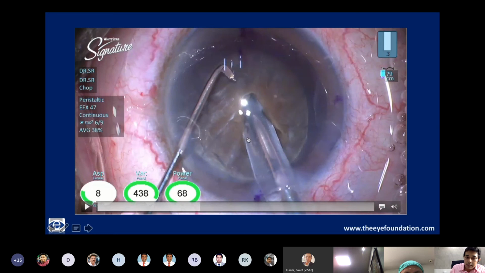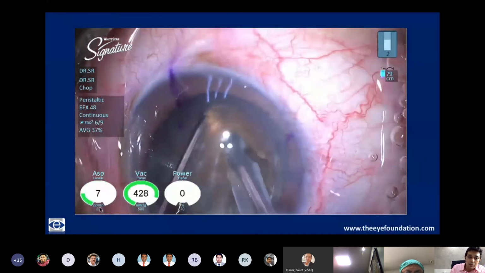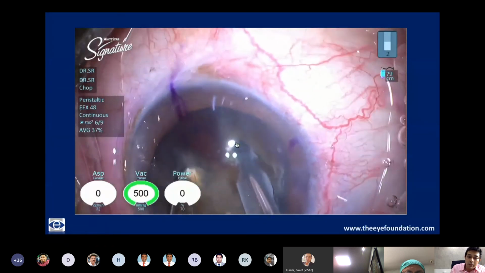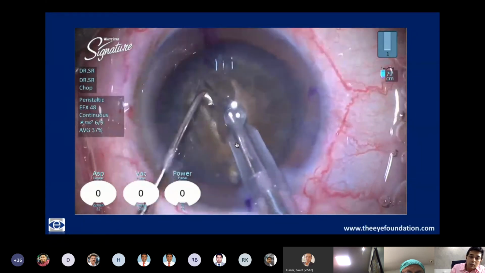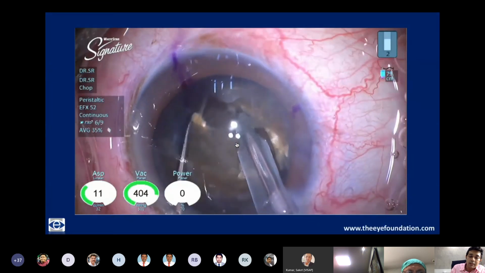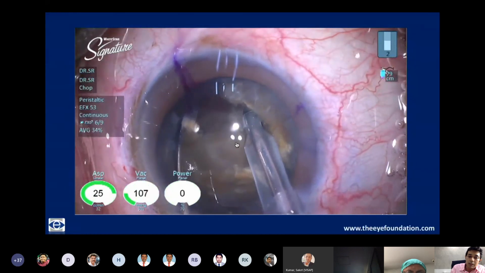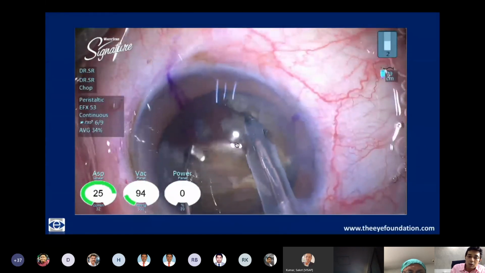So now, after making a central deep crater, I am going into a full occlusion and going ahead with my direct chop. As you can see here, I'm proceeding towards the edge of the nucleus with a full occlusion at around 500, 550 vacuum, and then dividing the piece all the way across, right up to the center, cracking the spine. If it is only midway through, you may not want to stretch the nucleus too hard in these cases. So you rotate it by 180 degrees to the other side, and then complete the entire crack so that it goes from one end to the other, and you have the central spine which needs to break. You may not be able to do it in one go.